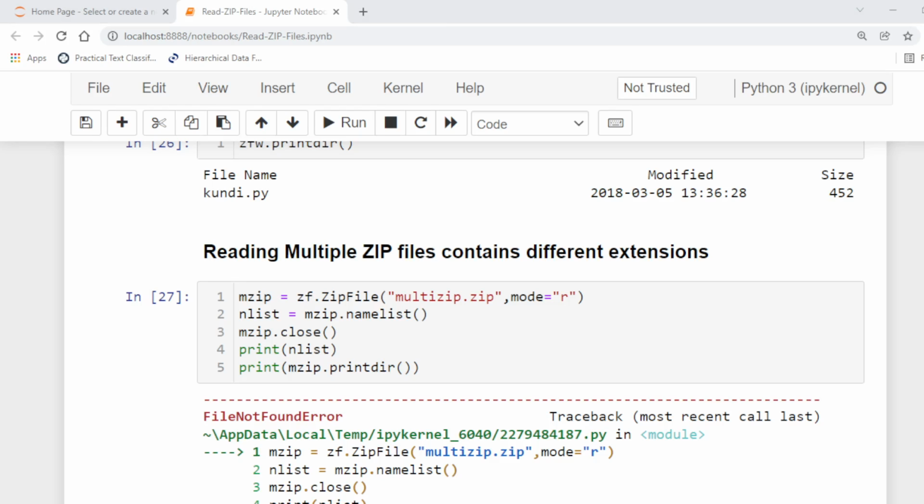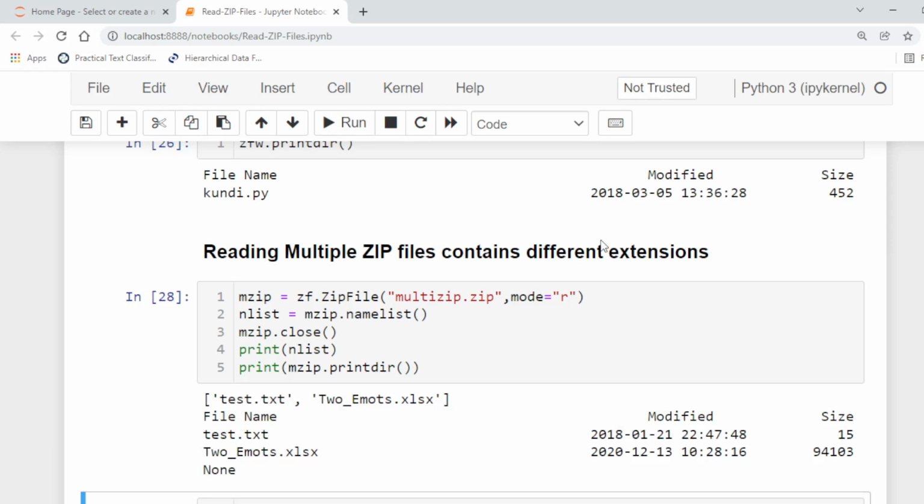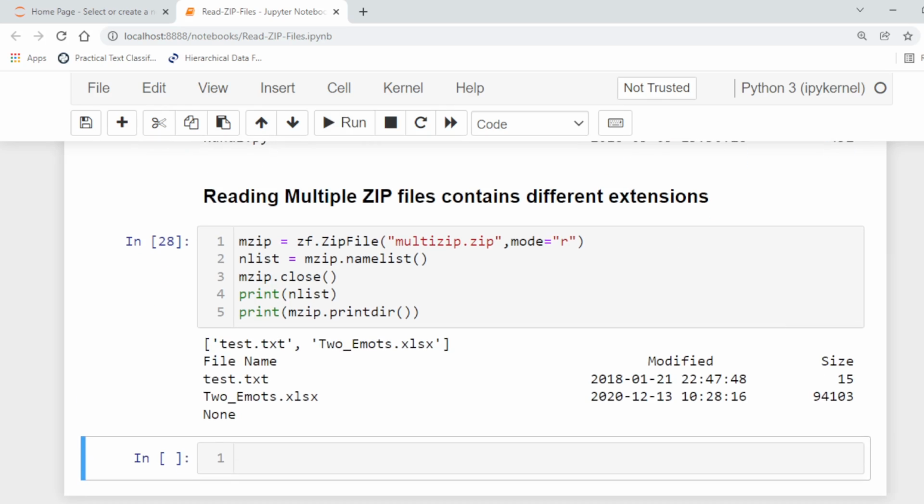Actually this is a file, multi-zip.zip. So here we run this multi-zip. In multi-zip there are two types of files.